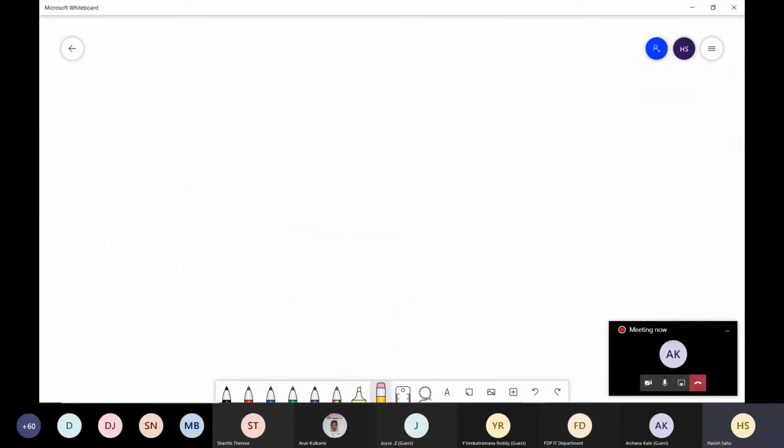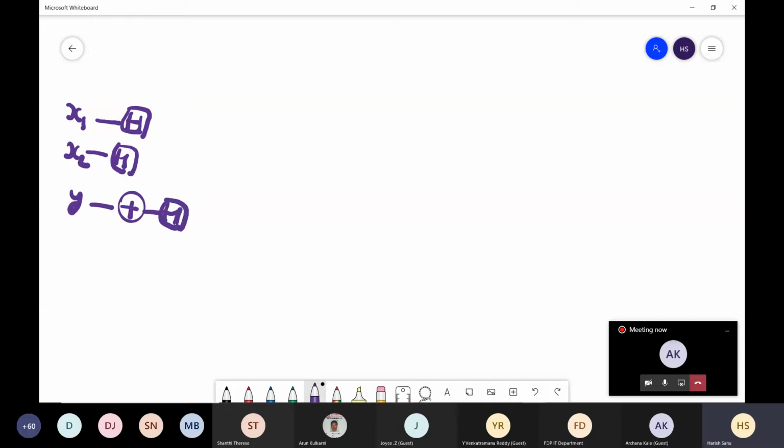Okay, let me make a new one. Till now, what we have is this. This was our x1, this was our x2, this was our y. Here first we make it 1 by applying a NOT gate, then Hadamard.